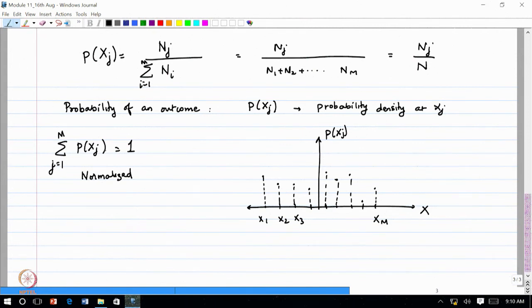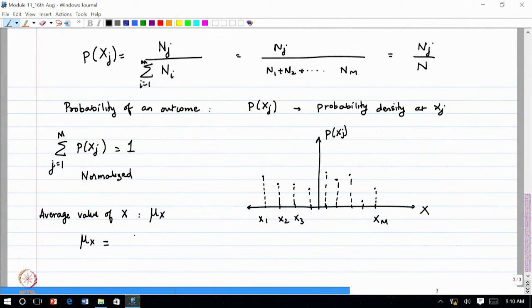Okay, which is what it should be. So, probability should be normalized. Sometimes we use unnormalized probability distributions and then we normalize them later. So, now you can ask what is the average value of x. I will just call it mu, I will denote it by mu x. So, mu x is equal to,